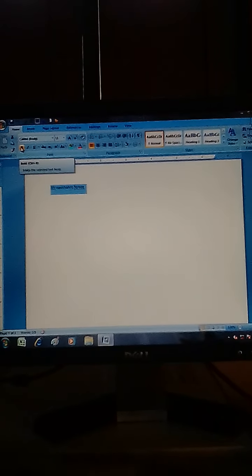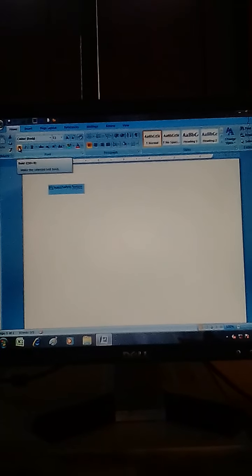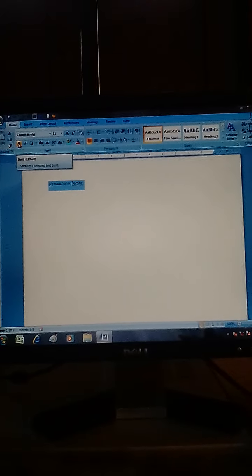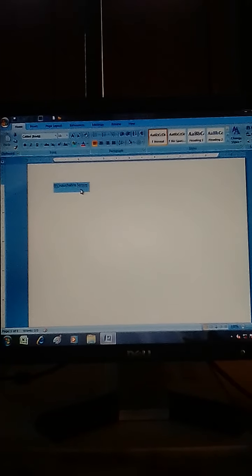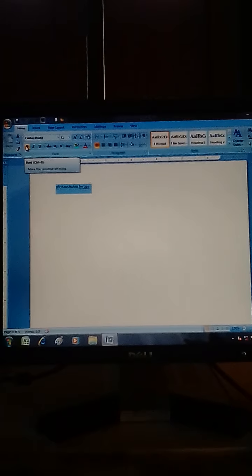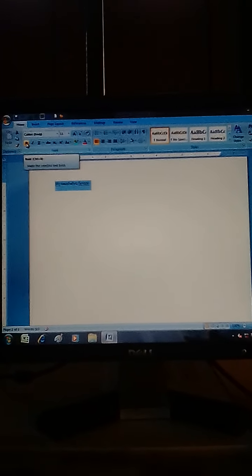For example, I have typed the words BFC Naushad Firoz on this document, and if you want to make it bold, first of all we should select the typed letter or sentence or paragraph. Then we should apply the function. Suppose we want to make the selected part of the sentence bold, we will click on B, and our letters will be in bold form.